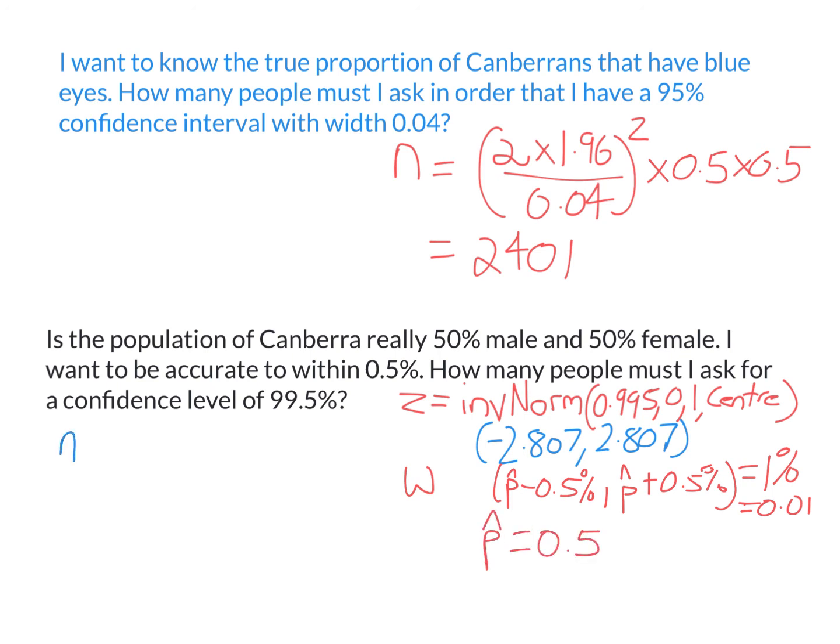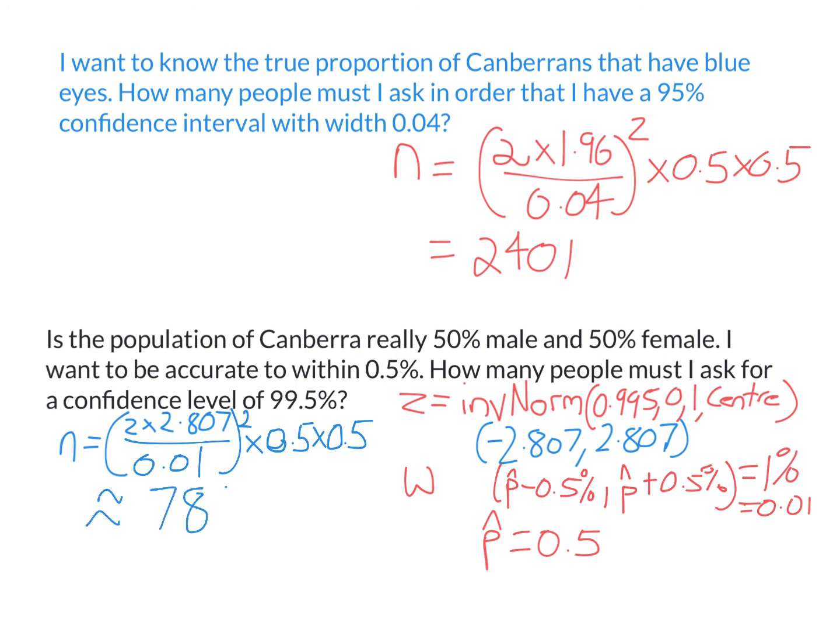So using the formula on the previous slide, we have 2 times z divided by w, squared. Then we need to times by p hat, and if p hat is 0.5, 1 minus p hat is also 0.5. So putting that on our calculator, we get about 78,792. So you need to ask about 79,000 people in Canberra,